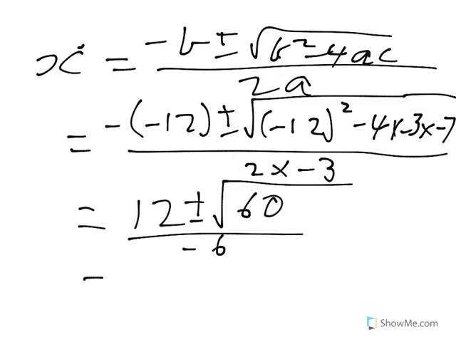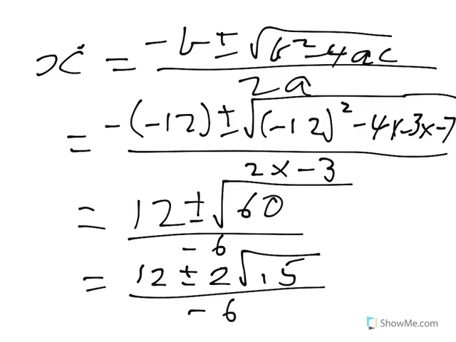And so we end up with, when we simplify that, because 4 goes into 60 and it goes in 15 times, all over negative 6. Now of course you can simplify that a bit more, because there's a common factor of 2 that you can take out on the top. Oops, common factor of 2, and when you take that out on the top line there,